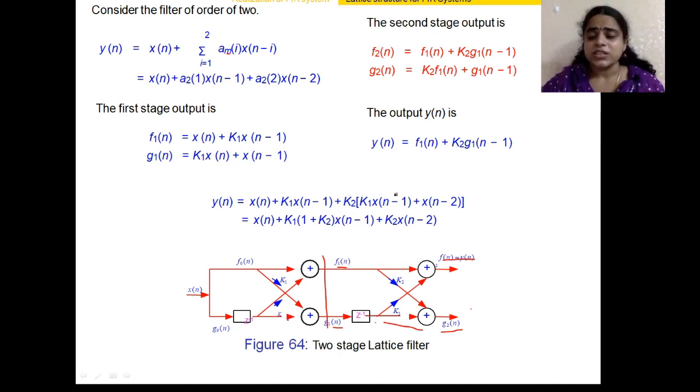And the frequency sampling structure we use to represent FIR filters only at particular frequencies, only at omega k frequencies. And the lattice form we use whenever the system function is in the form of a polynomial. If it is in the form of a polynomial, then we do it for FIR systems. So these are the four ways of representing our FIR filters, and we will see problems on the direct form and cascade form only, as per our curriculum and syllabus.